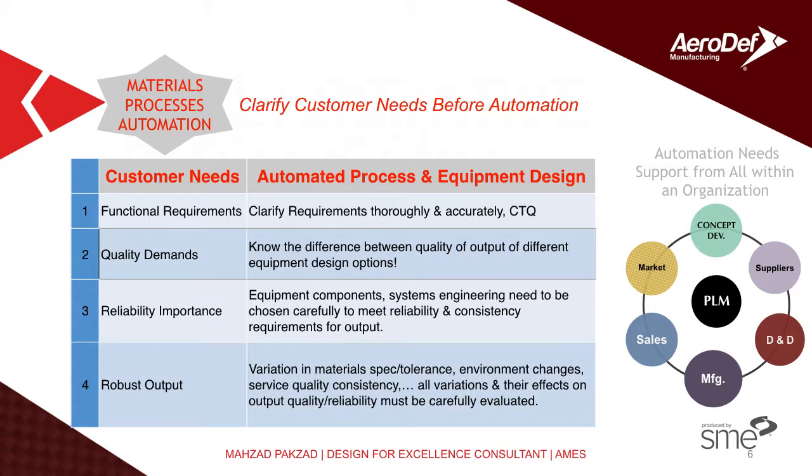And the robustness of output. Finished goods: automated equipment can put the products together so they're together and they can function, but they're kind of clumsy. The torque is not checked, or the welds are not quite perfect welds. So how good of a welding process do you want to have? How do you want to control the torque, not over torque, not under? So that all needs to be clarified very carefully before investing in the equipment.